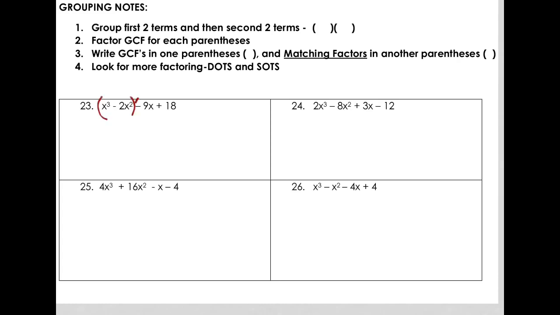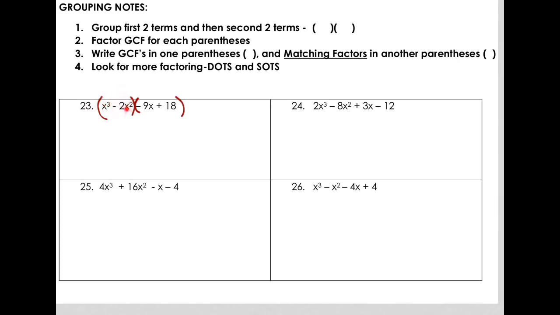Take the sign that's in front of the term, and so in this case, let me highlight that. That minus sign has to go in the set of parentheses as a negative. Okay. Now, when you're grouping, you should be looking again for a GCF. So we're going to look first at this set of parentheses right here. Okay, and so what can you pull out of there as a GCF? That's a 1, that's a 2, so we know we're not going to pull out a 1 as a GCF,